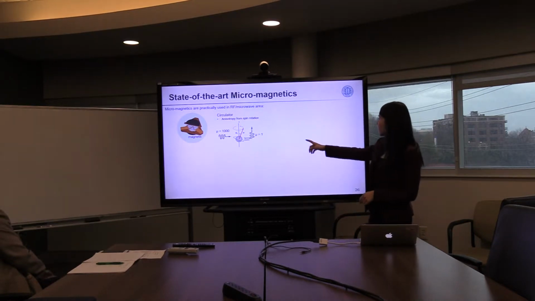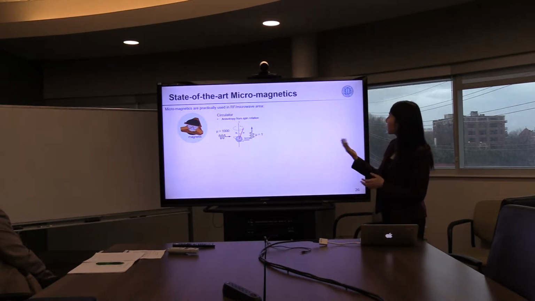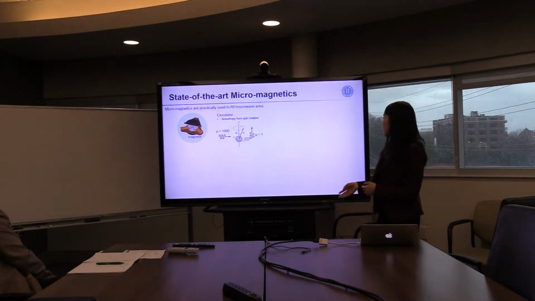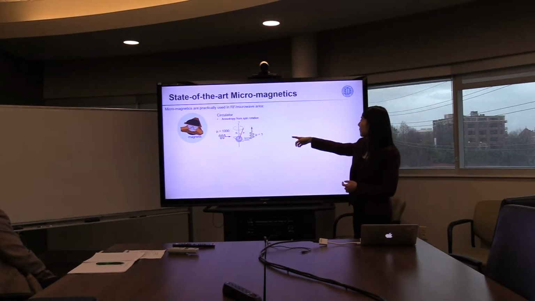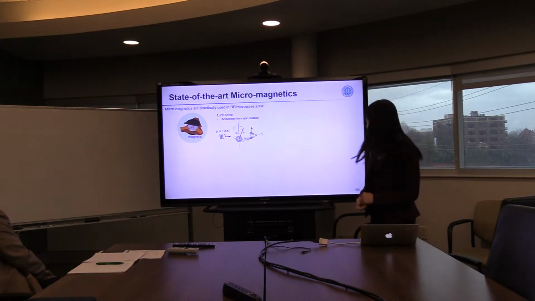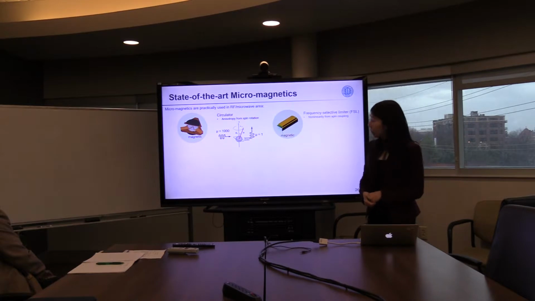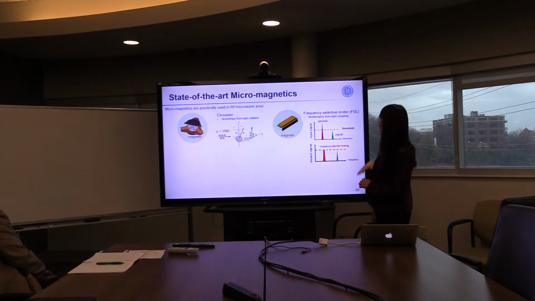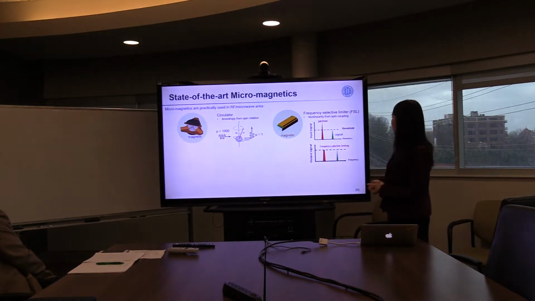So the signals coming from different directions will see different permeabilities because the magnetic spin has its own trajectory and direction. Another application is the frequency selective limiter, which uses the nonlinearity from the magnetic material, which means